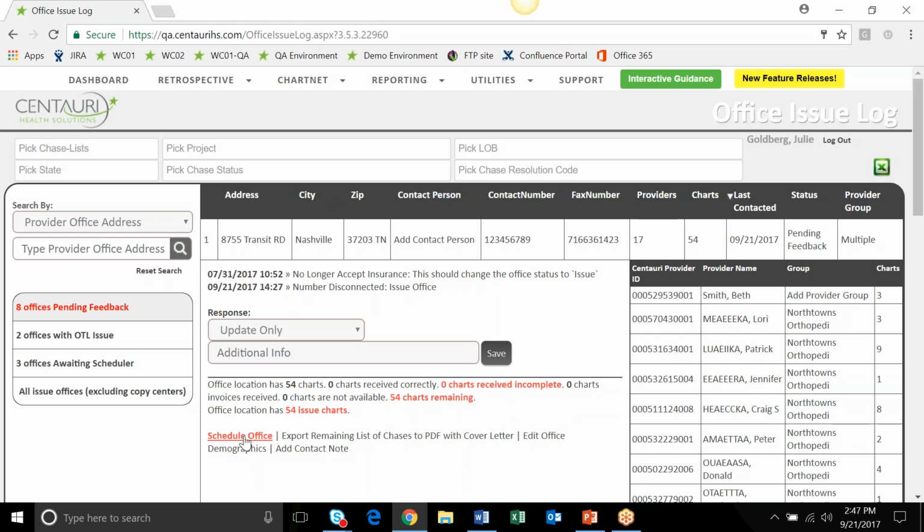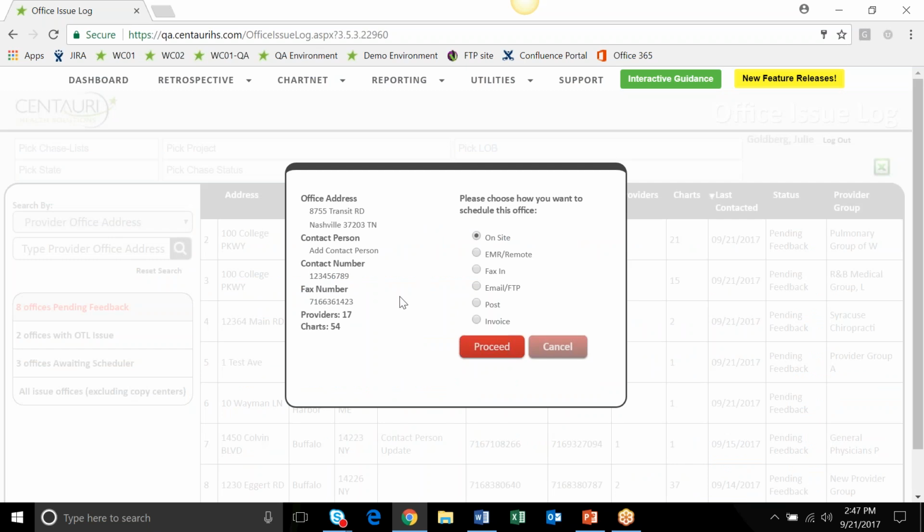So we're going to start with how to schedule the office. You're going to click on Schedule Office. That's going to give you this pop-up window for you to select the mechanism by which you're going to schedule retrieval for the charts. You can either retrieve them through an on-site visit, through EMR or remote access, through fax, email, or FTP site,